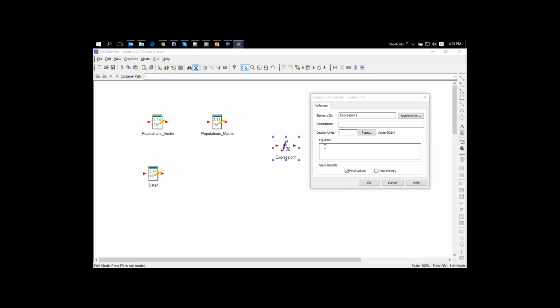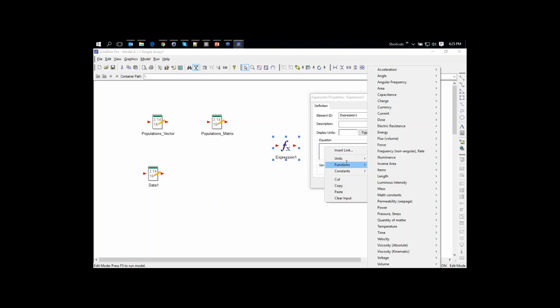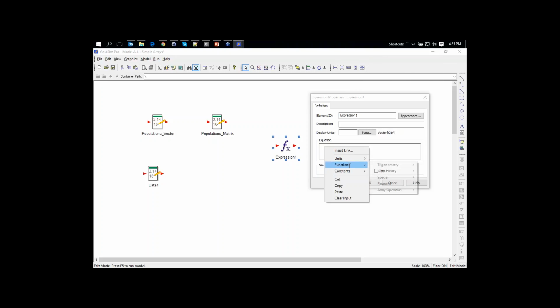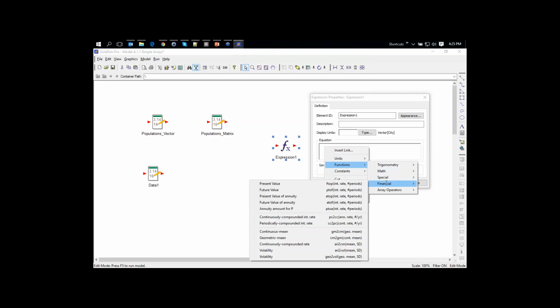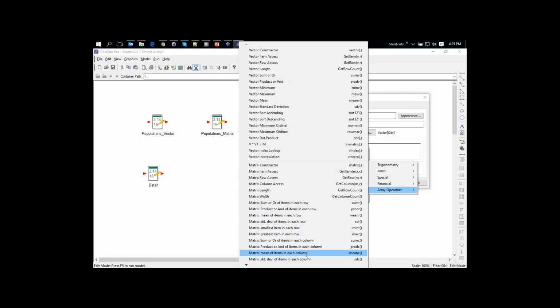So I'm going to right-click in here, and we have a lot of built-in functions here. If you haven't looked at these before, just take a look through these at some point on your own time and see what all there is here. There's a lot in here. And if you look at the array operators, there's a long list here. The one we want is this,